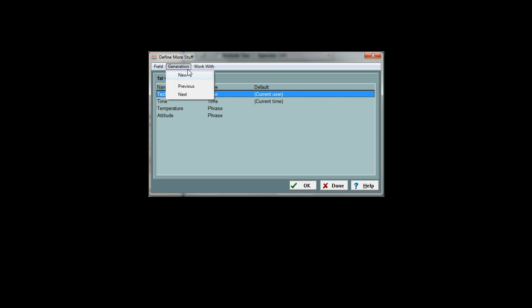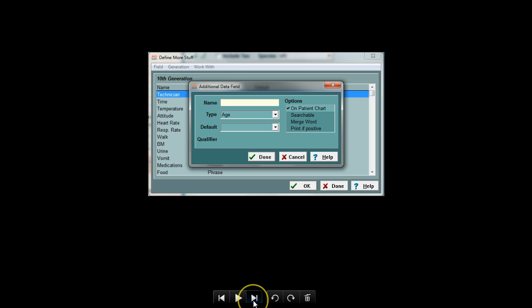So if it's already blank, just right click anywhere in this box and hit new. Otherwise, if you've already got stuff in here like I do, you're going to have to create a new generation, which you do by going up to the generation button and clicking new, and that gets you to the next generation. Then you can right click in here and click new. Okay, so it's going to bring up this additional data field, and this is where you basically start making your entries. You can see over here I have my name as technician,